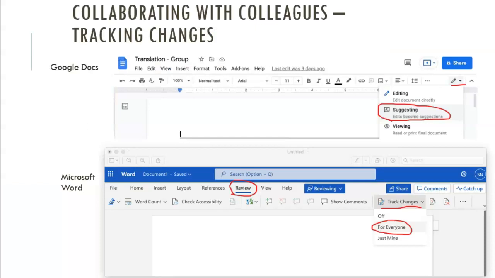Also, if you're working in project management, it's very important that you track changes, because you might send it, like I have a proofer, and I send my proofers my documents, because it is always very useful to have an extra set of eyes. So I pay two people so that they can proof my documents before I send them to my clients. They do the track changes for me, and then I accept or reject based on my discretion.